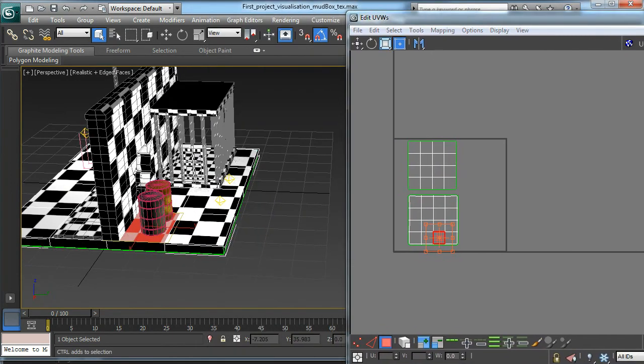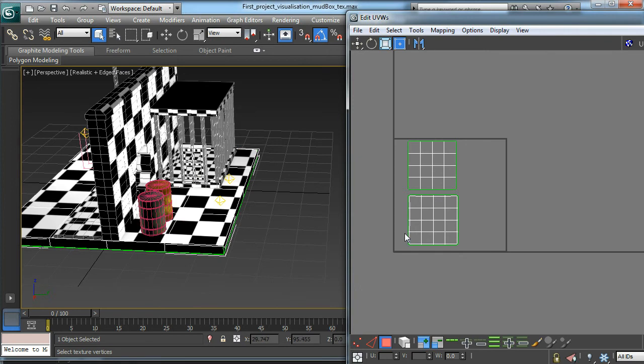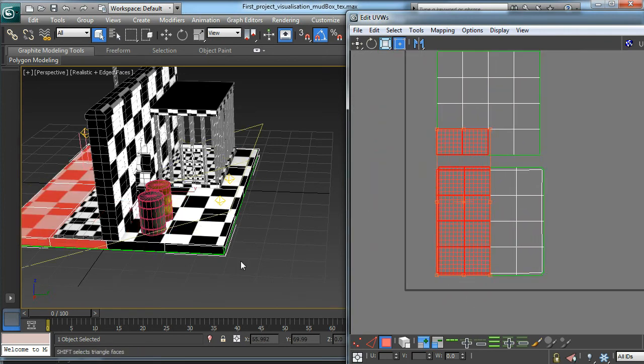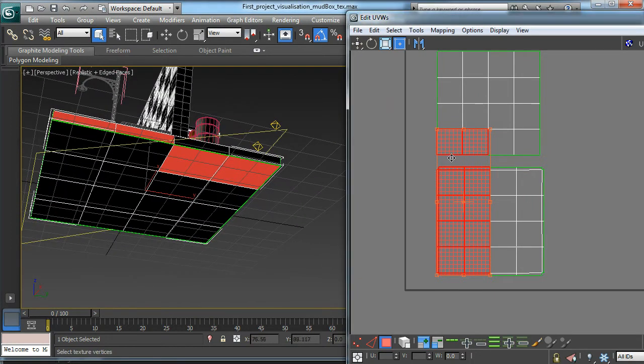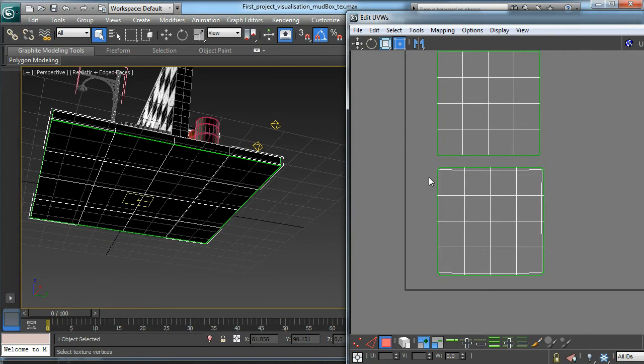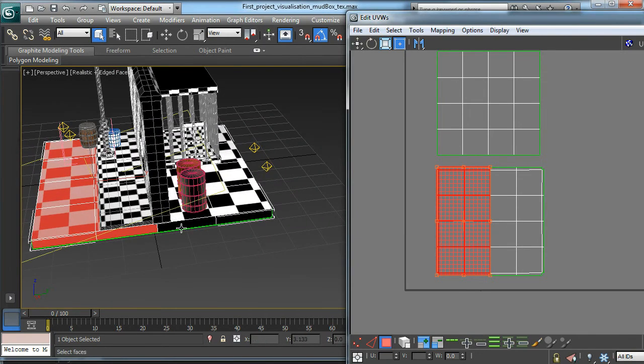Just identify your UV unwrap map. If I color this side with my road texture, that's okay, that's what I should be doing. Okay, not this one. I should be coloring this side with my road texture. Okay, this side